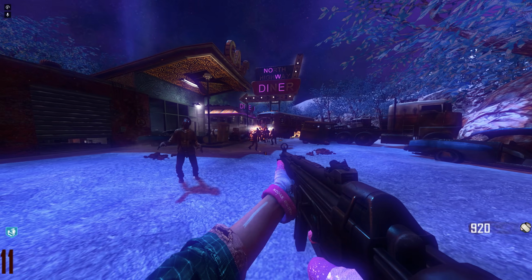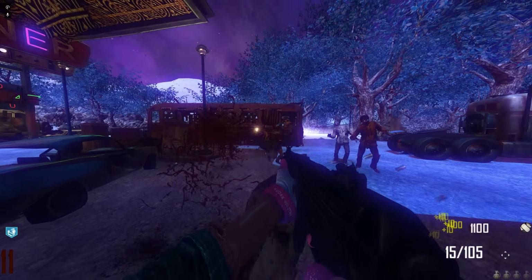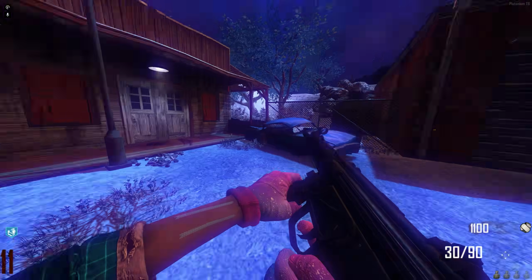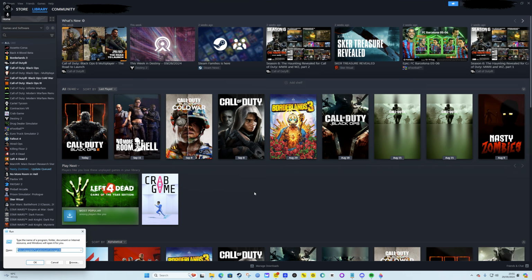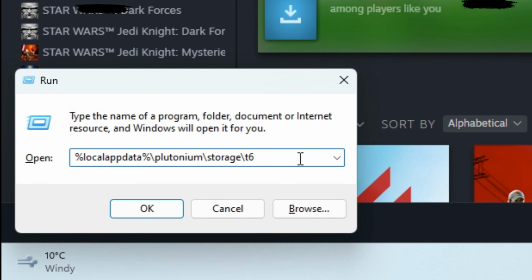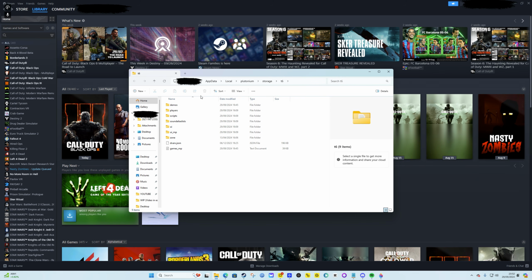Now when it comes to installing custom maps or mods on Black Ops 2, it can be a little tricky at first, but trust me, once you know what you're doing, it's very simple. First of all, I recommend you make your way over to the Black Ops 2 Plutonium folder, and the best way to get there is by pressing the Windows key and the letter R together, which should then bring up this search box in the bottom left. All you want to do is enter the information on screen exactly how I have it, and then press enter, and it should take you directly to your BO2 Plutonium folder,